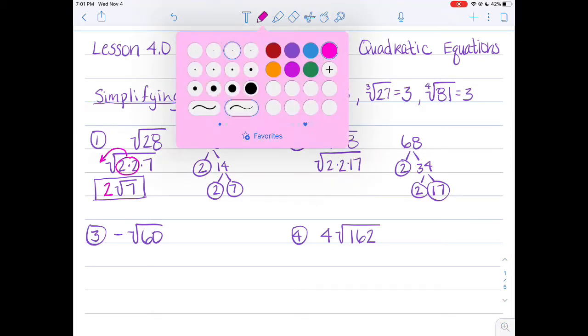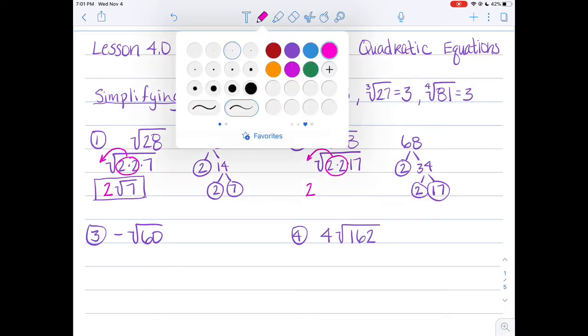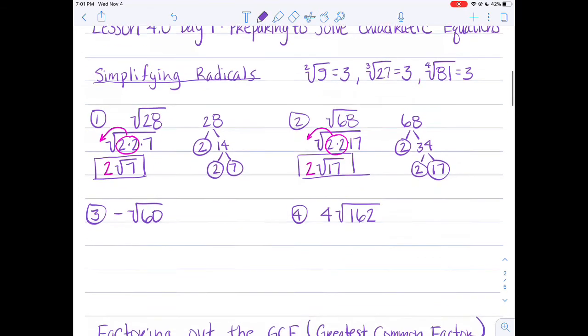And again, I have a pair of 2's, so I know that those multiplied together is a perfect square of 4, and the square root of 4 is 2. This time, what's left under the radical is a square root of 17, but this is my simplified form. We can also have